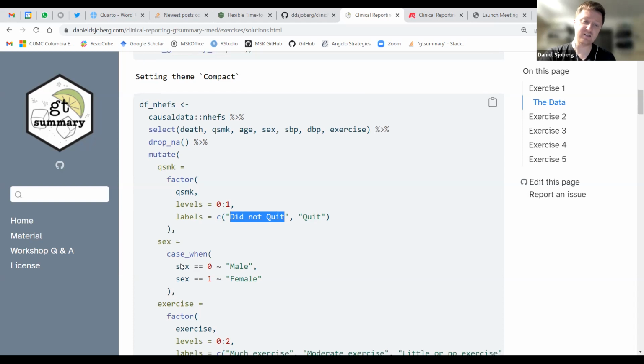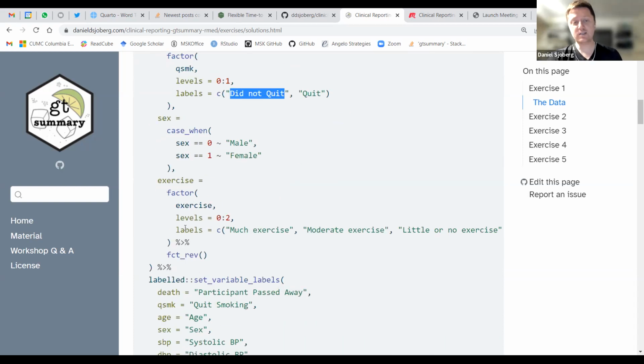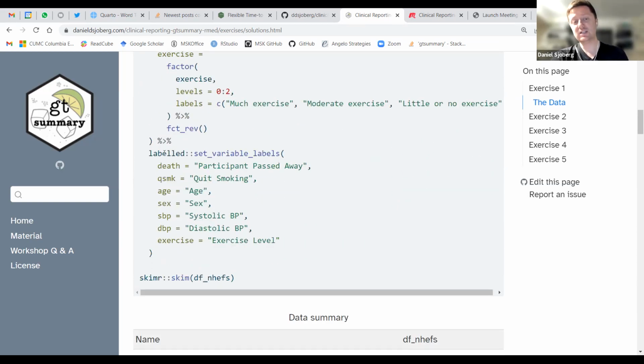We'll do the same for sex, the same for exercise, and then we're going to use the labelled package and the function set_variable_labels to assign labels to the columns: death, participant passed away, quit smoking, participant age, sex, their systolic and diastolic blood pressure, and how much they exercise.